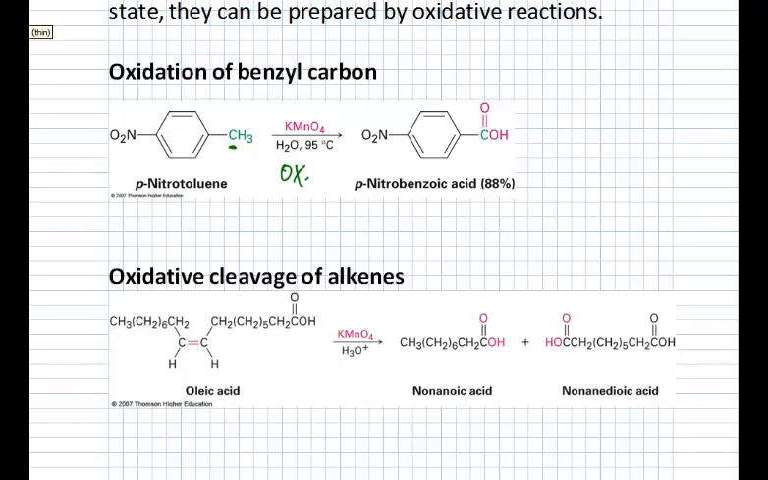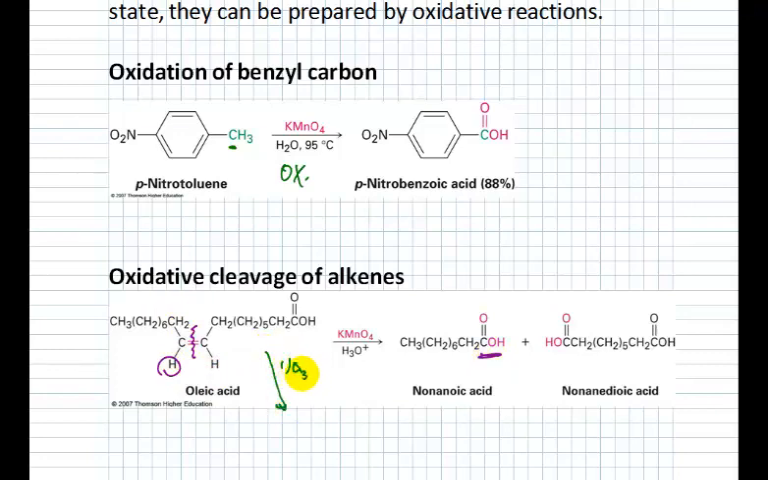If we do oxidative cleavage of an alkene, remember that snips the double bond right in half, and if we do it under potassium permanganate conditions, we end up with carboxylic acids if we had a mono-substituted side of a double bond. Compare this with